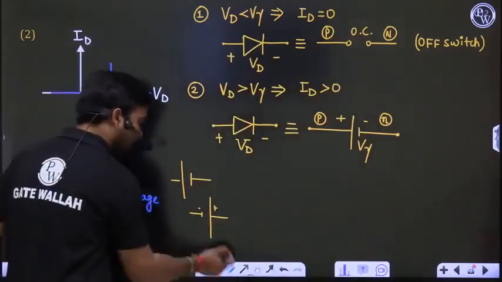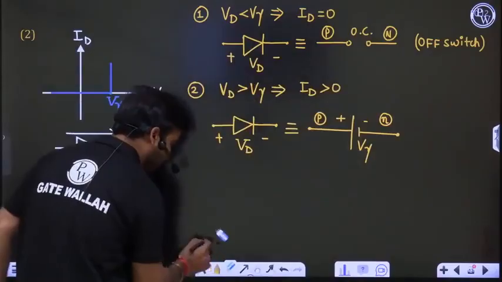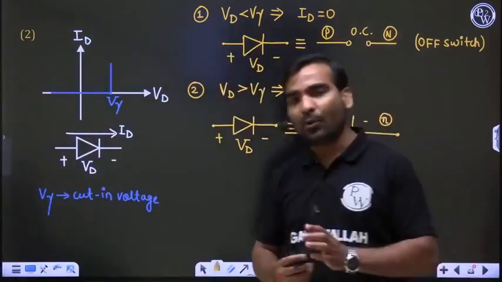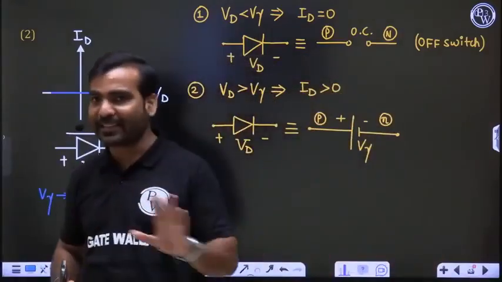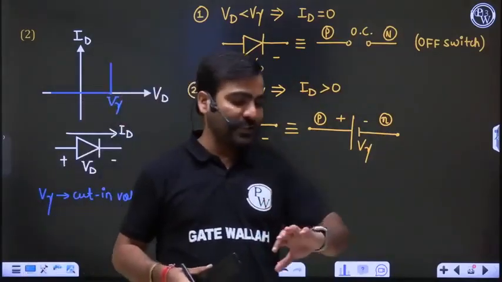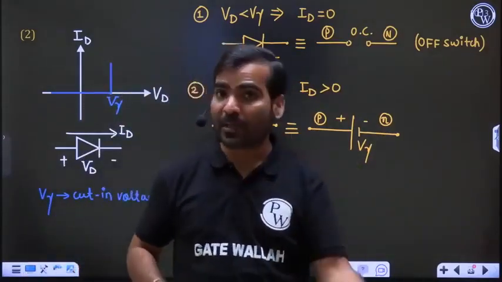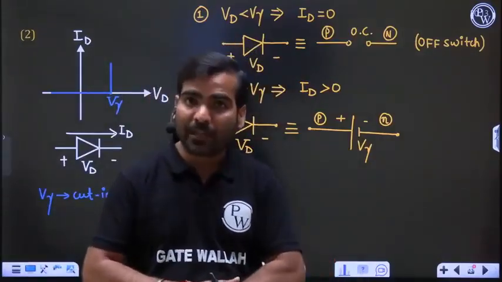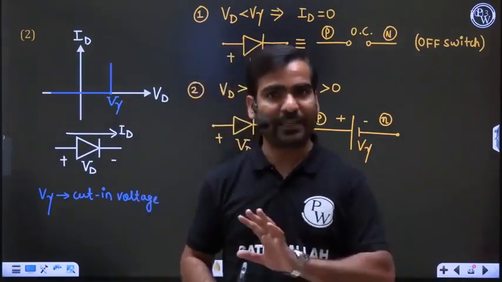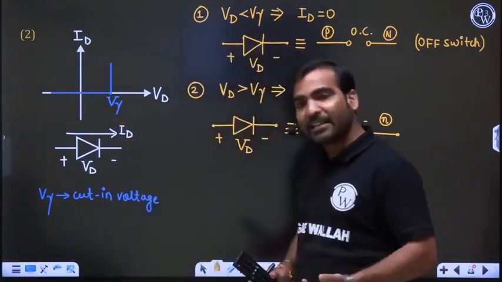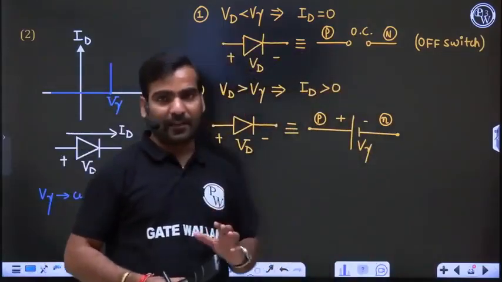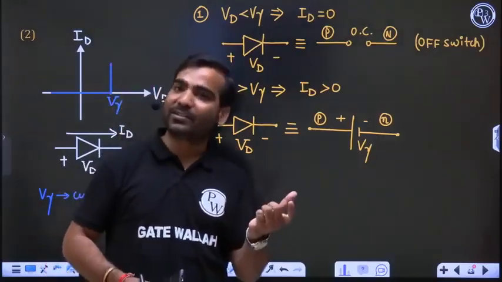So now think in the mind and just revise it. If you have the diode first or second model or any model, if the diode is reverse bias, make it open circuit. That's it. When the diode voltage is such that the N side is connected with the positive terminal and the P side with the negative terminal, the diode is reverse bias, the diode is off, just make it open circuit. Second case is forward bias, P side at positive potential with respect to the N side. If the diode is ideal, then make it short circuit.